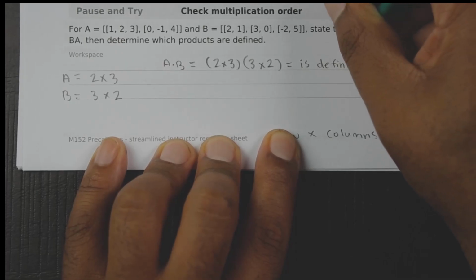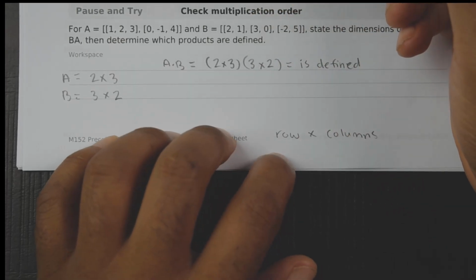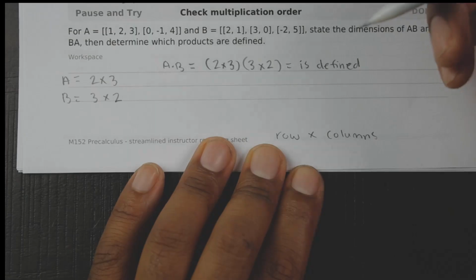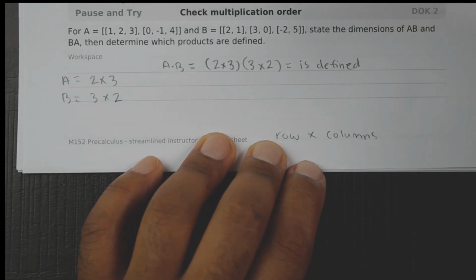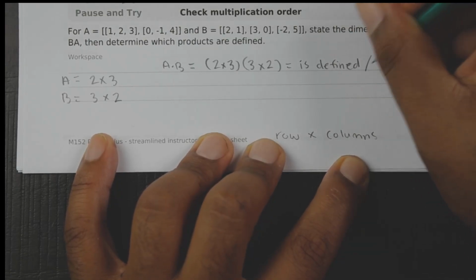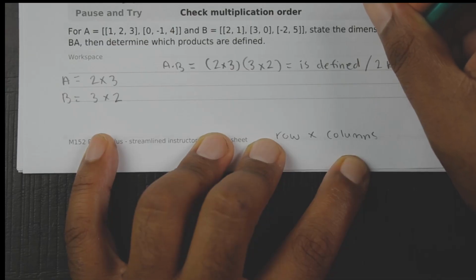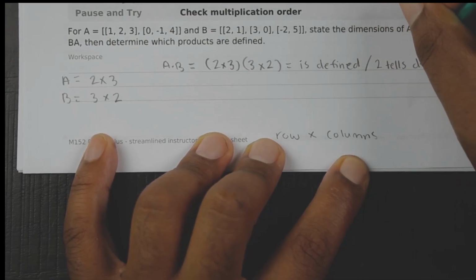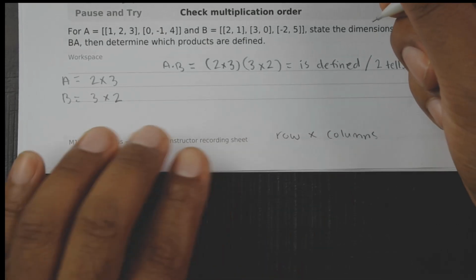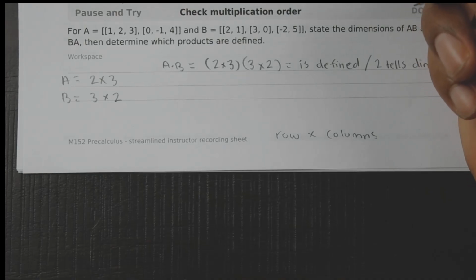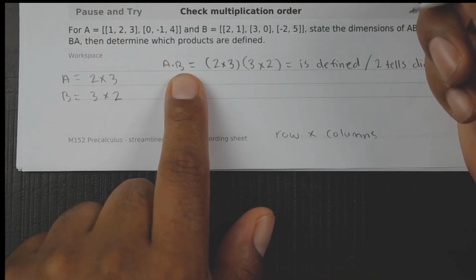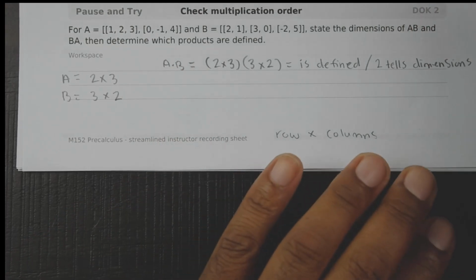When the inside dimensions are the same, that means it is defined. And the outside dimensions give the dimensions of the answer, okay? So again, A times B, or AB, is defined, and AB would be 2 by 2,